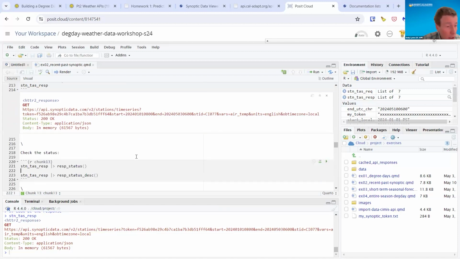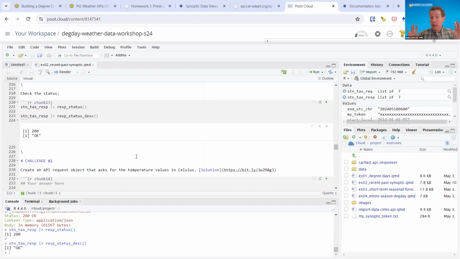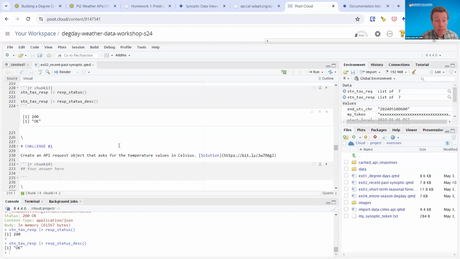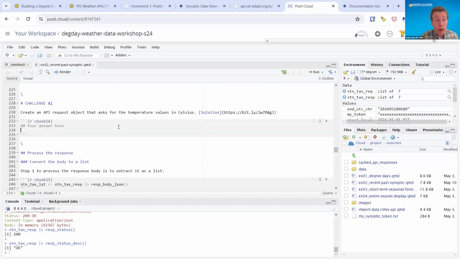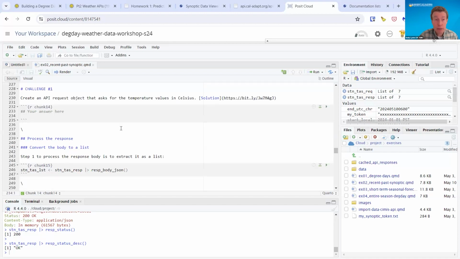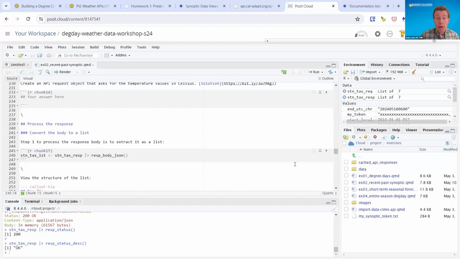Okay, code chunk. Let's quickly finish up here. So code chunk number 13, we are looking at the response that we got back. Again, feeding the response object that we saved and piping it into the response status function. That's code chunk number 13. We'll skip the challenge, but if you wanted to get the data in Celsius and not Fahrenheit, how would you modify your API request object? Code chunk number 15